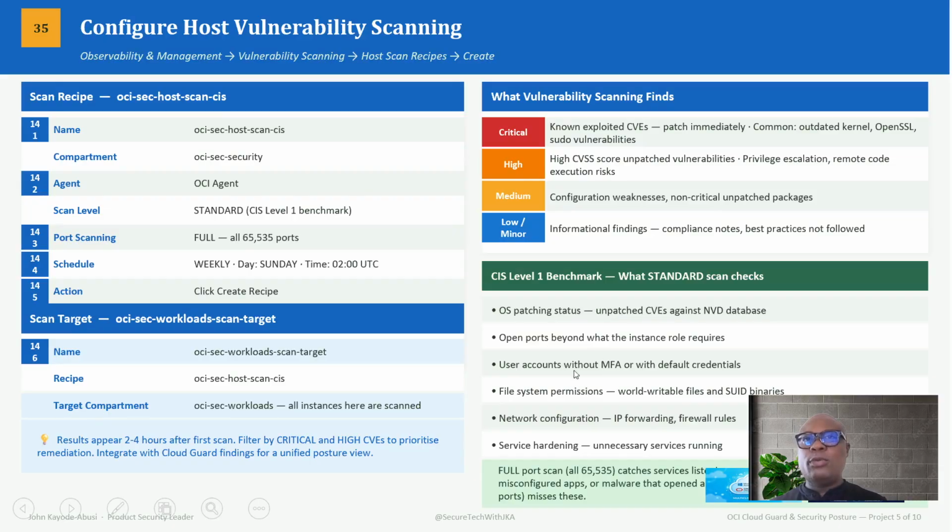It checks for open ports, user accounts without MFA, file system permissions. Maybe something is open to everybody or world-writable, like here. Network configuration: maybe there's IP forwarding, firewall rules that are weak, and service hardening, unnecessary services running. That should tell you if there are services running that don't serve any purpose, and it will report on all those things. So this is what host, or let me say vulnerability scanning, does within your cloud security posture management,